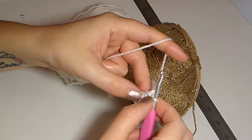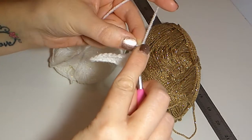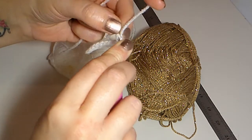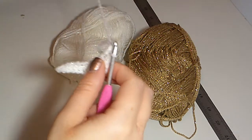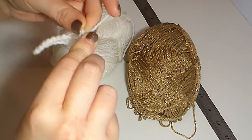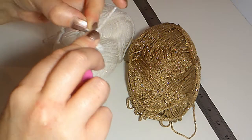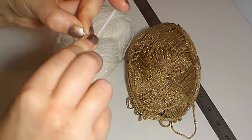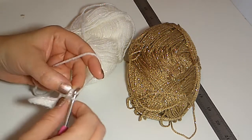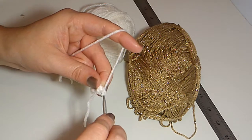And here where we've got our slip knot, I'm actually going to do another slip stitch into that slip knot. I don't normally like working into knots, but this time is an exception. So go into that slip knot if you can. Sometimes it's a bit awkward to get your hook in there, so you just got to keep being quite persistent with it. Like I'm having to struggle to get my hook through there. Tightened it a bit too tight. There we go. Nope. Try again. Okay, so just do a slip stitch,